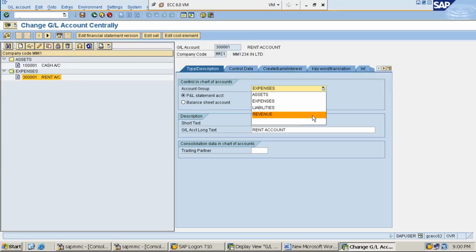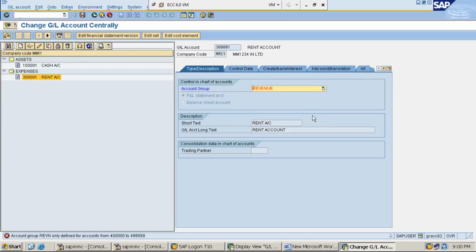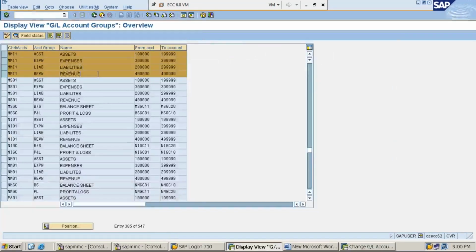Let us check. As soon as I pressed revenue, the system has given an error message: account group revenue only defined for accounts from 400000 to 499999. We have revenue defined there, so that's why the system is throwing an error.